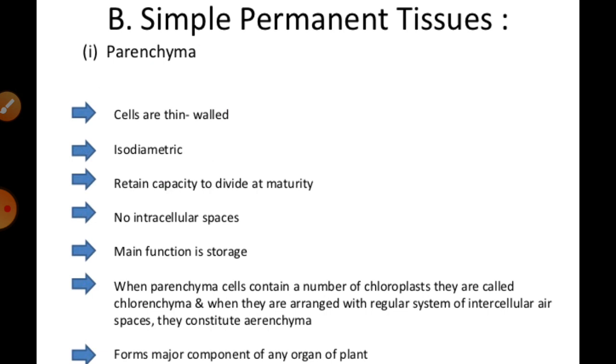On the other hand, we have storage parenchyma, which means the parenchymatous tissue capable of storing sugar, protein granules, oil drops, and so on. That is known as storage parenchyma, because the main function of the parenchyma is to store different substances, right? Even the xylem parenchyma always helps in the conduction of water. Phloem parenchyma always helps in the translocation of food, which means transfer of food from one part to another part, one place to another place.